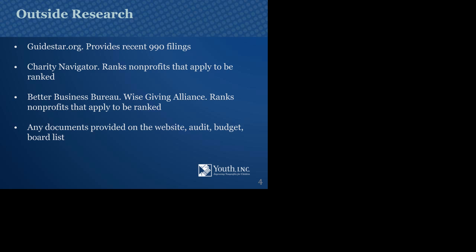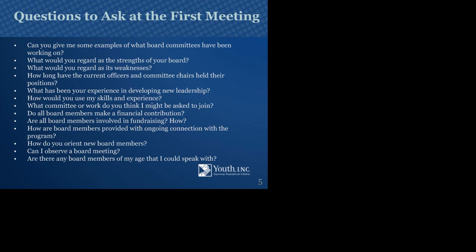And then sort through their websites. Organizations are now putting more and more internal information up on their website. You may find a copy of their last audit report. You may find a copy of their budget. You certainly are going to find a list of the board members and hopefully their affiliations. So this is the kind of online research that you can do as you're taking a look at it.